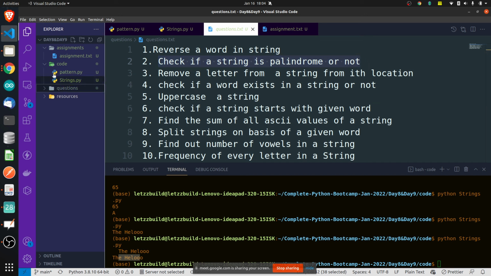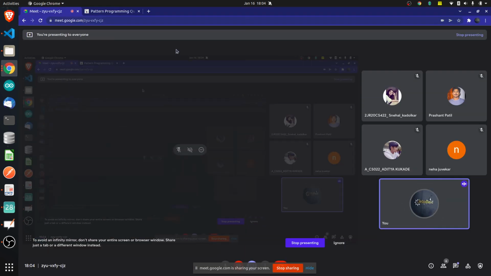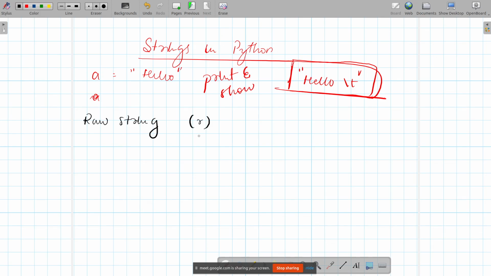A very important point I will tell you, the last one, and we'll wind up. Strings are immutable. I'll just write this point and you can leave. If you are not able to solve those assignment questions, tomorrow we'll try to solve them once more. But what's very important to remember is that strings are immutable. You cannot modify the same string. This is a very important point.